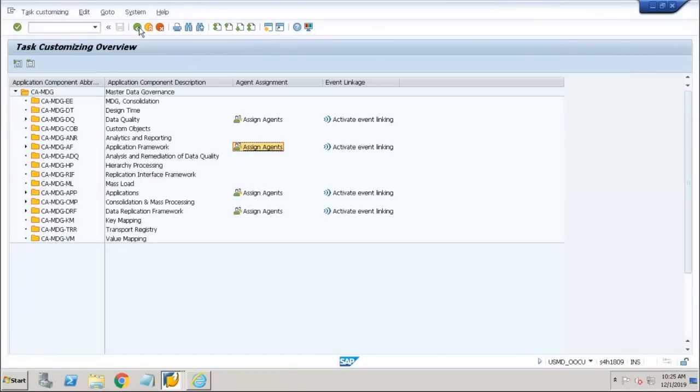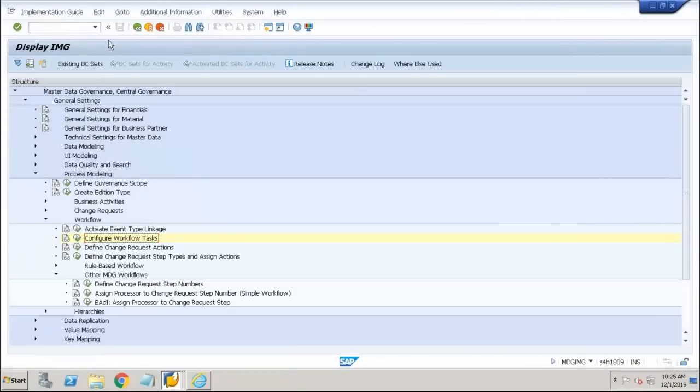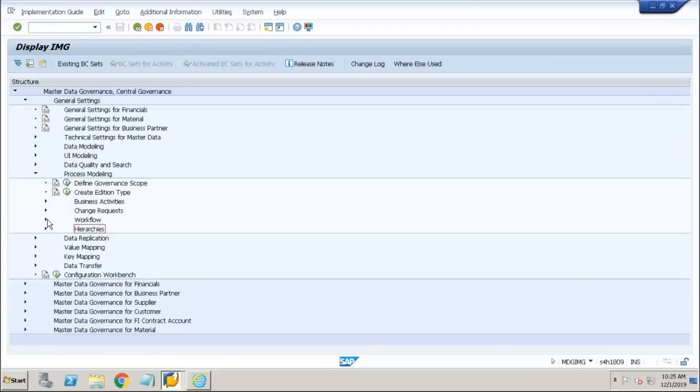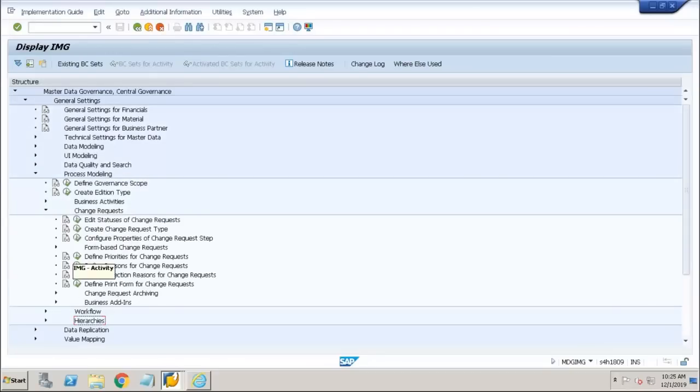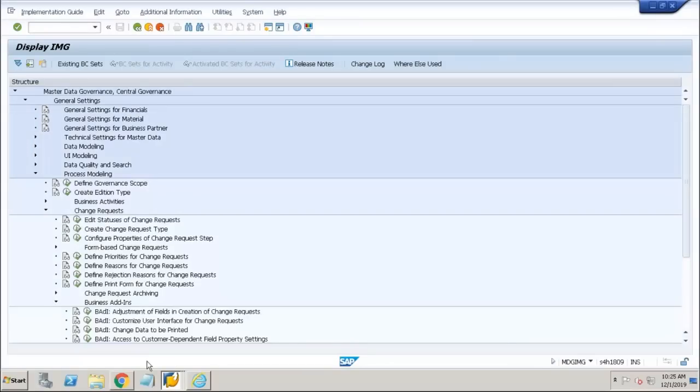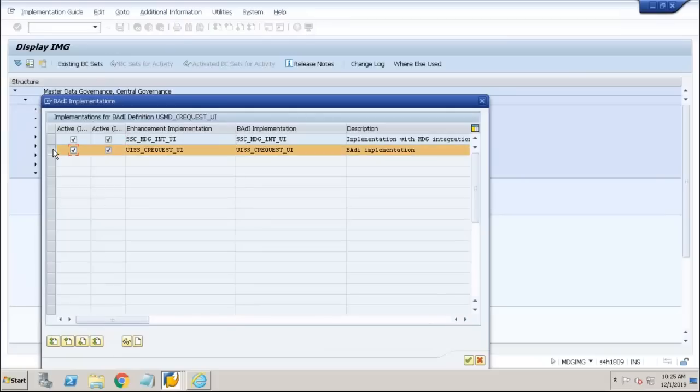One, the change request description is mandatory. You cannot make it optional. That is mandatory for sure. Apart from that, you have a BAdI, customize user interface for the change request. If you implement this,